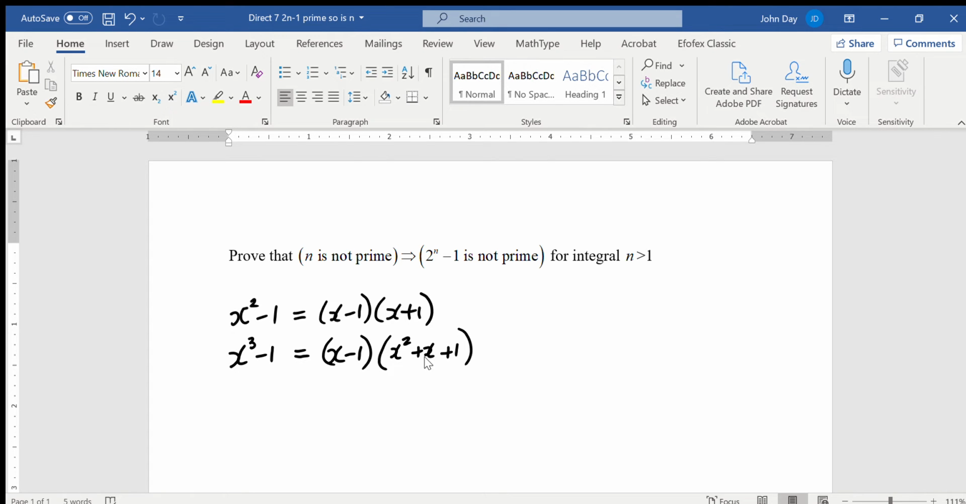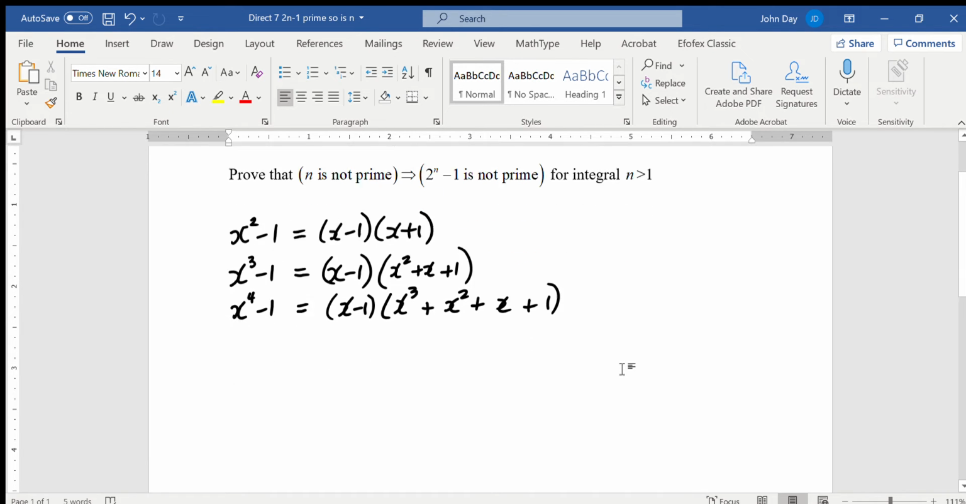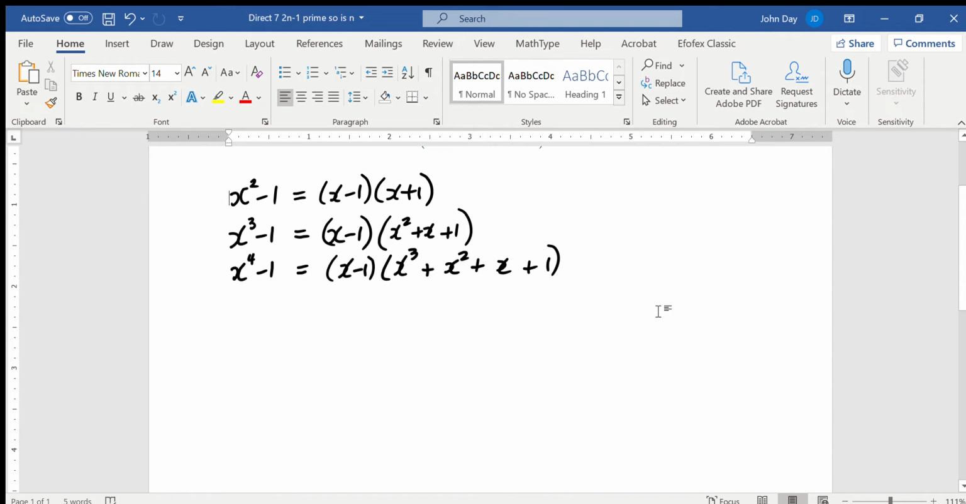And I'm going to allege for you here that x to the 4 minus 1 is (x minus 1)(x cubed plus x squared plus x plus 1). Now, where is this coming from? Well, here's one place that you can get this from: series. If you were to add up the series 1 plus x plus x squared plus x cubed,